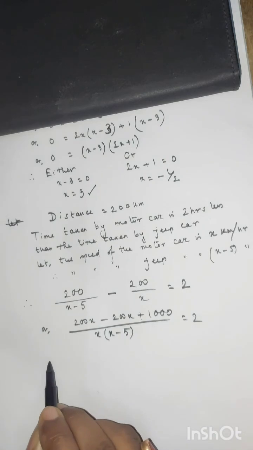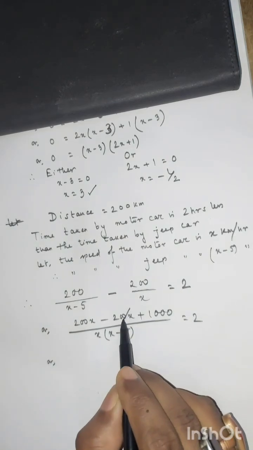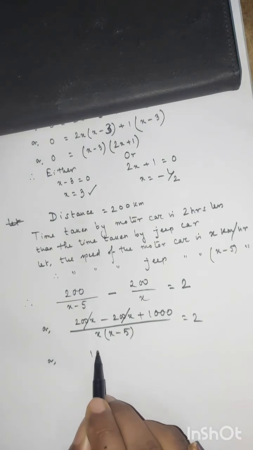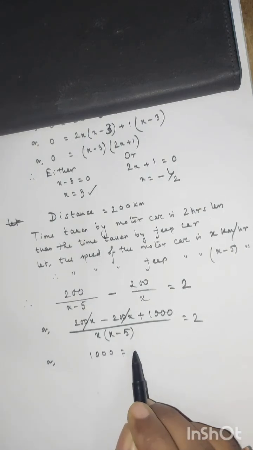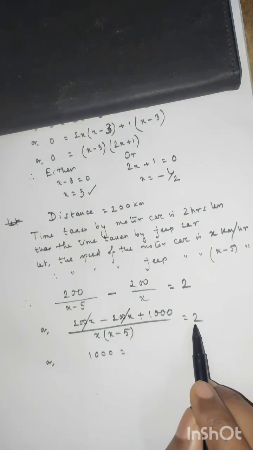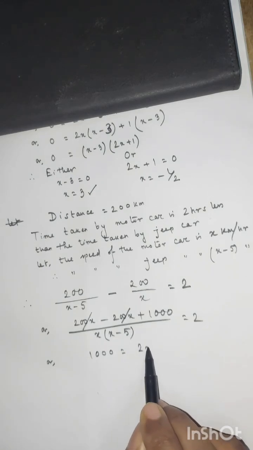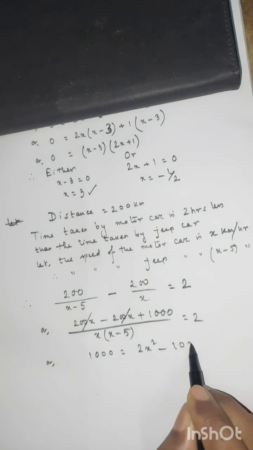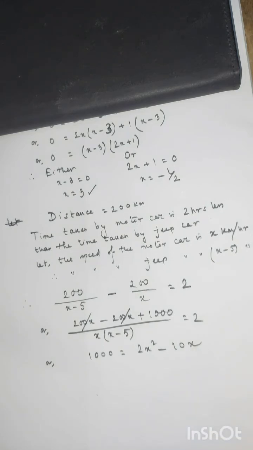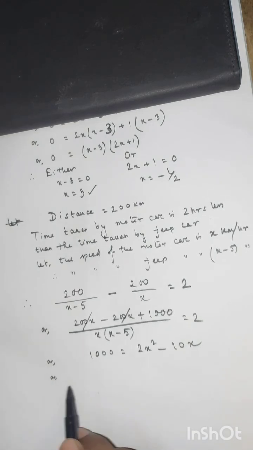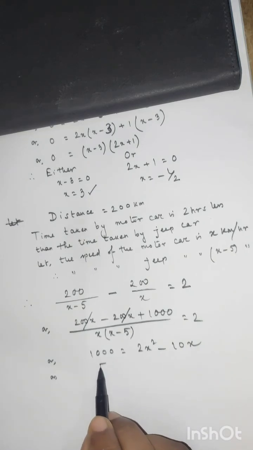Or, if we transfer this to the right side, we get 2x square minus 10x. Now if we divide both sides of the equation by 2, we get